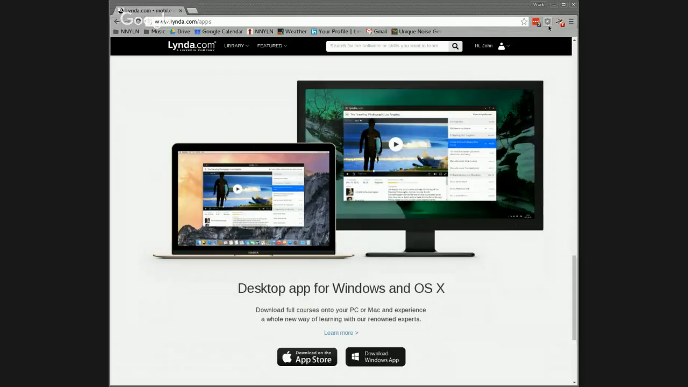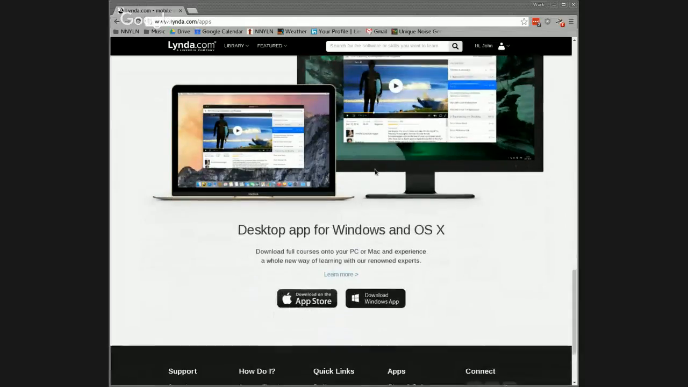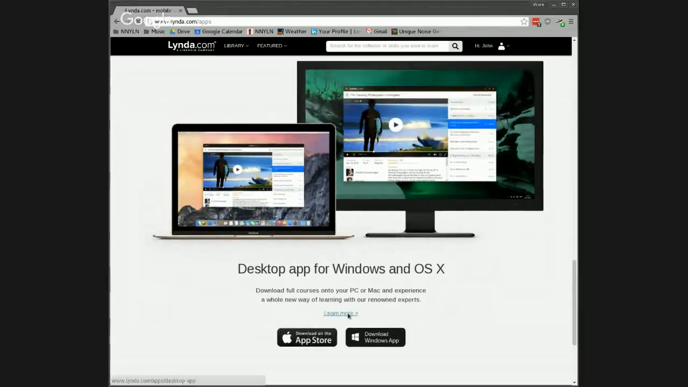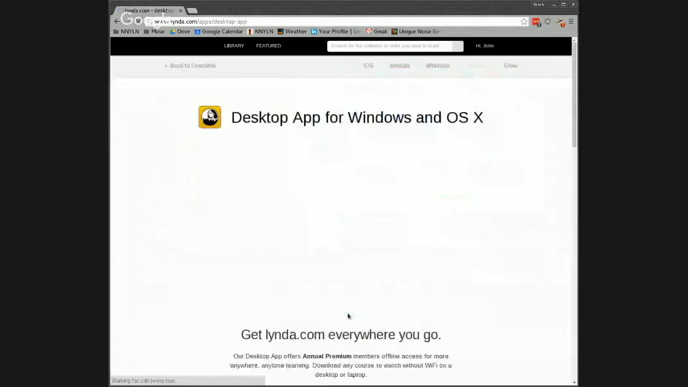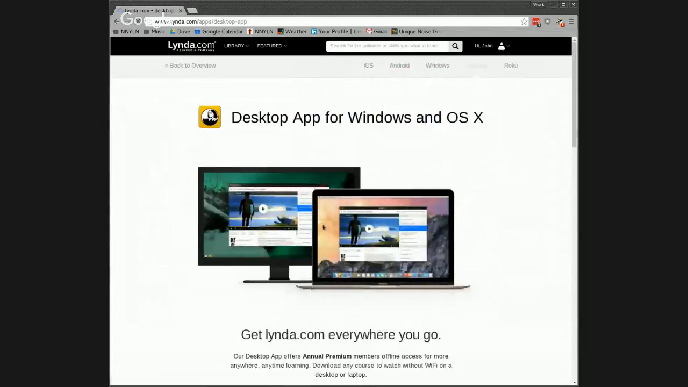The website is great, it works, it has functionality, but the desktop app is significantly faster. And I would show it to you, except I'm on a Linux box, so I can't show it to you right now. But I do highly recommend that if you're going to utilize the software, you want to get the